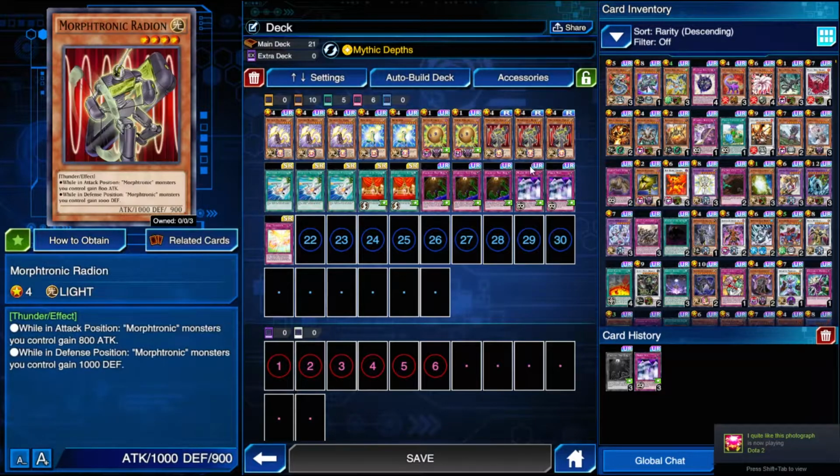So Radion is the main monster of the deck. He is 2000 attack on normal summon because he will gain 800 from his own effect and then 200 from the field spell. So he's a 2000 attack normal summon, very good. If you summon 2 of them, they are both 2800, which is absolutely insane. Very rarely I'll get all 3 on the field, but like 2 on the field is enough to win the majority